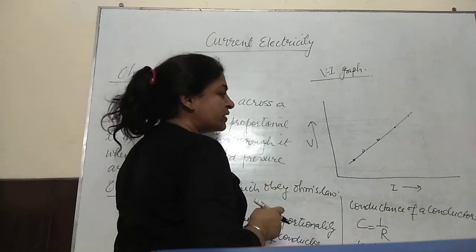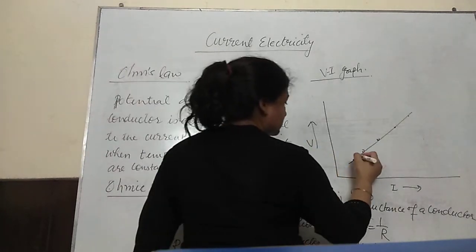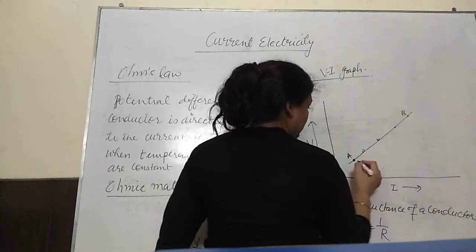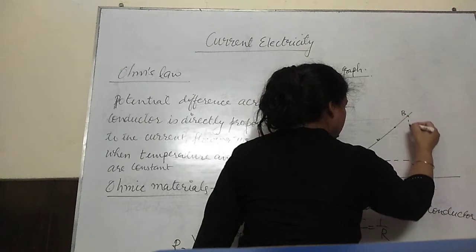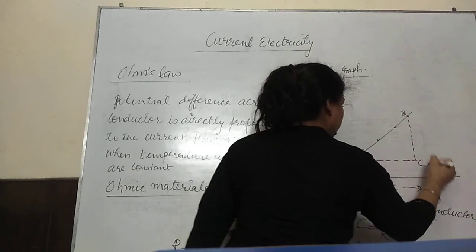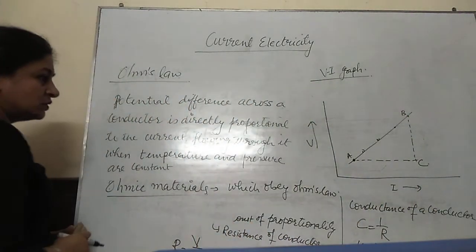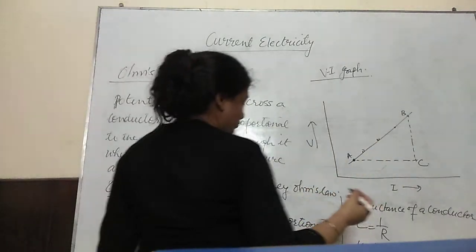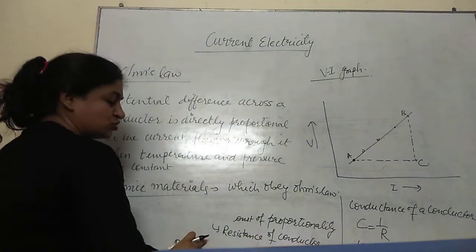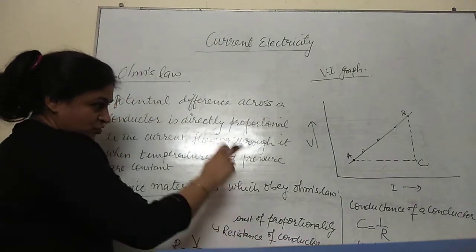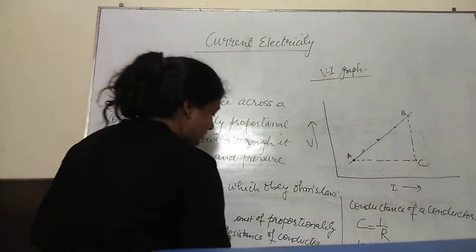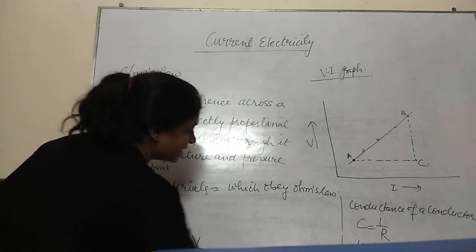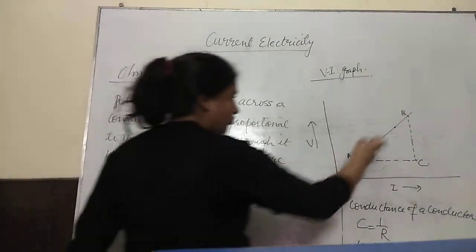And from the graph, how can we find out the resistance? Suppose you are taking 2 points A and B. Let us draw perpendiculars from these 2 points on each other. Let this point C we are getting. So, perpendicular over base. Basically I want to find out resistance, that is a ratio of V and I. So if you are taking a graph, you can take the ratio of change in potential and change in current for a particular 2 points.